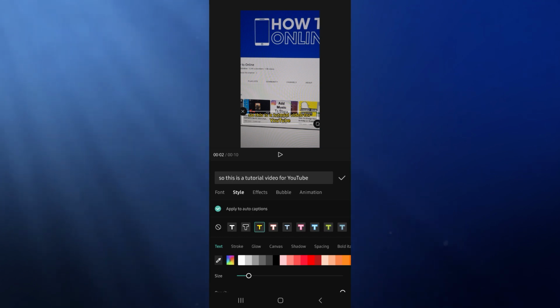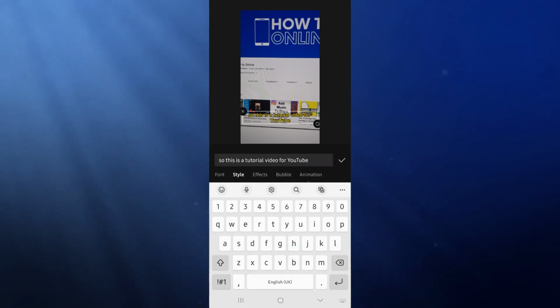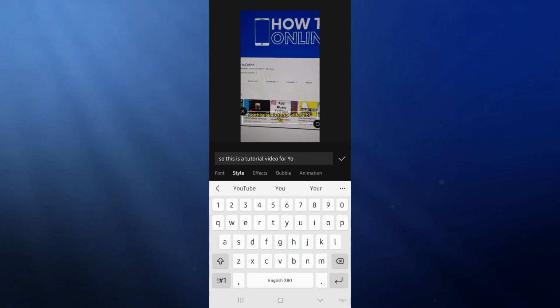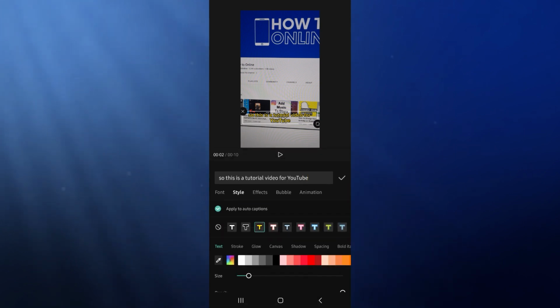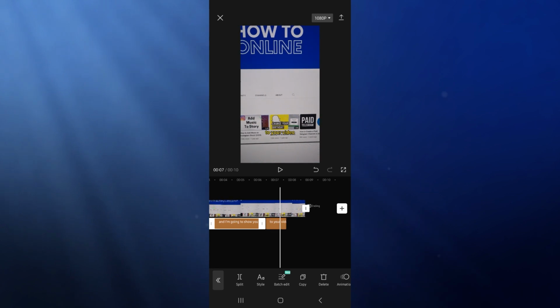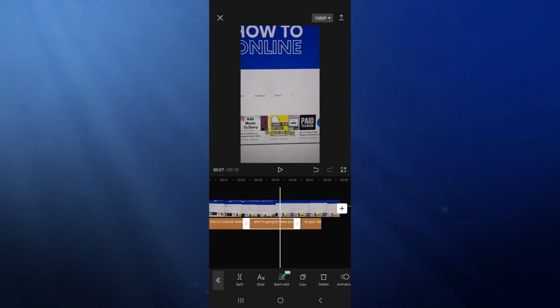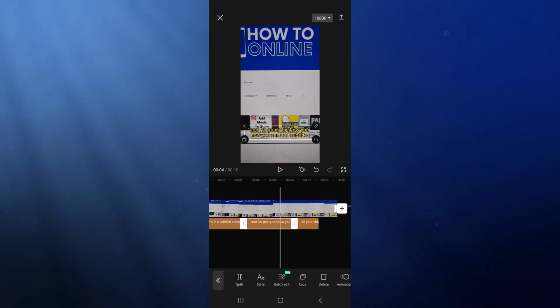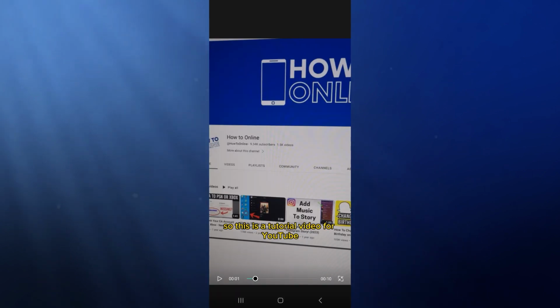So once you have obviously gone ahead and done this, you can also change the text up here if you want to do that. Once you have done that and you're happy with what it says and stuff like that, click on the tick option, and then that will go ahead and add that effect to that text. What we can do then is just go ahead, scroll through, and make sure it's added to all of your text throughout your video, and then when you're happy, as you can see, if we make this full screen,